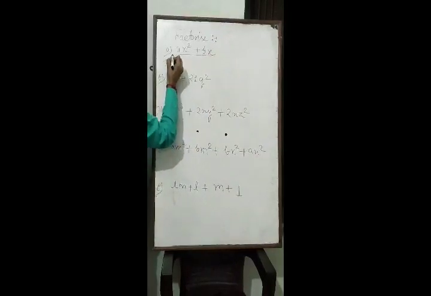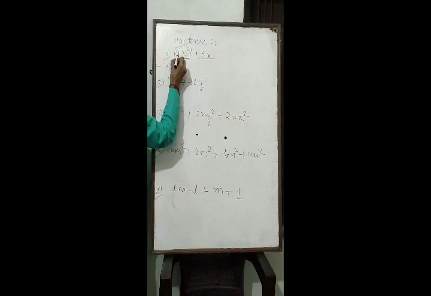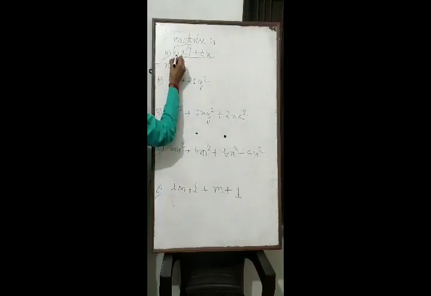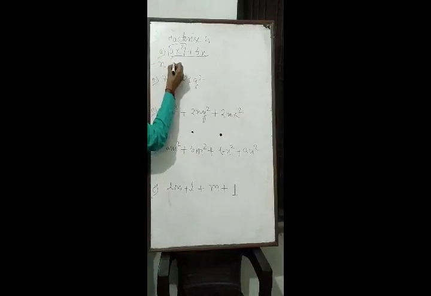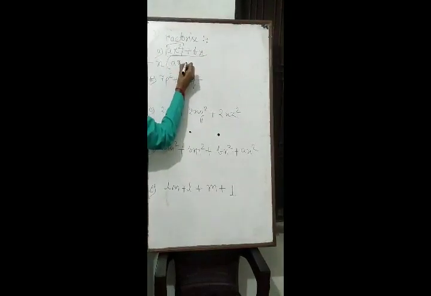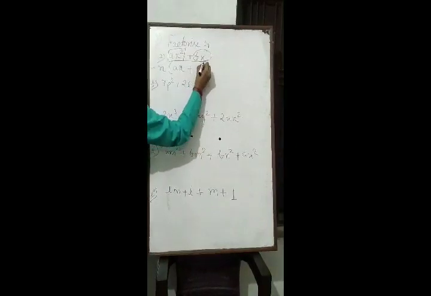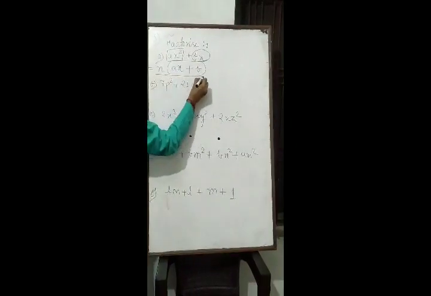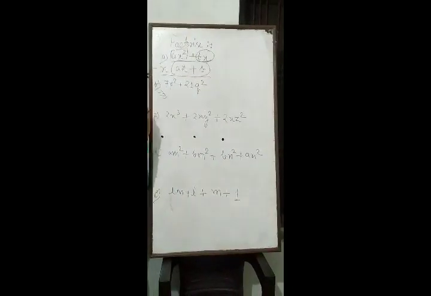That means from the first bracket, first part, what will be remaining? A into, we can write like value a into x into x. X is already taken outside. That means what will be remaining? Ax. And from here only b will be remaining. So the answer of this question is x bracket ax plus b. Let's see the next question.